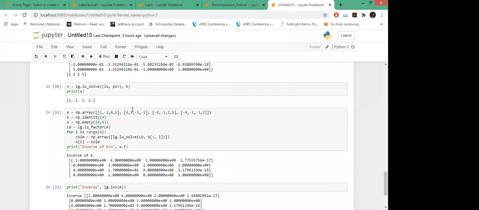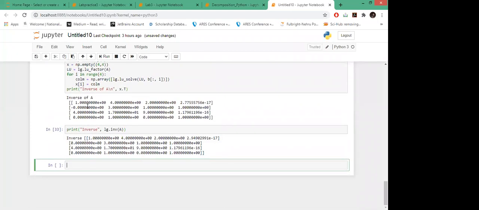But then we have special cases also, like Cholesky decomposition. It is similar to the LU, but the difference is when our matrix is of a specific kind. What is that? If our matrix is a positive definite and symmetric matrix, then instead of getting a lower triangular matrix and an upper triangular matrix, we will just get A in the form of L times L transpose, because of the symmetry of the matrix. Let's see what function we can call to apply this Cholesky decomposition.